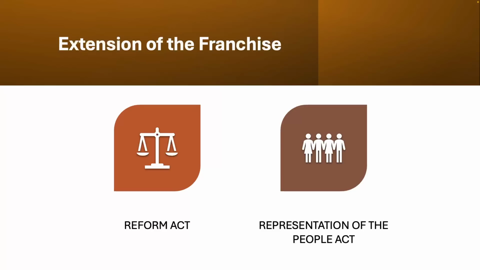Under Gladstone, we see the Representation of the People Act of 1884. This extended the vote to rural working men who were householders or tenants paying £10 or more in rent, similar to the urban reforms that we see with the Reform Act of 1867. So the 1867 Act essentially says that if you are an urban man and you are paying £10 in annual rent, or you're a householder, you get to vote. The Representation of the People Act extends those exact same requirements to rural people. And so it essentially allowed farmers and people in rural environments to have this same kind of representation.